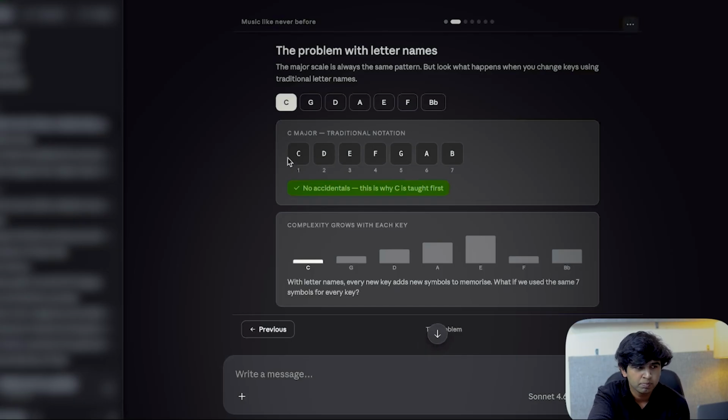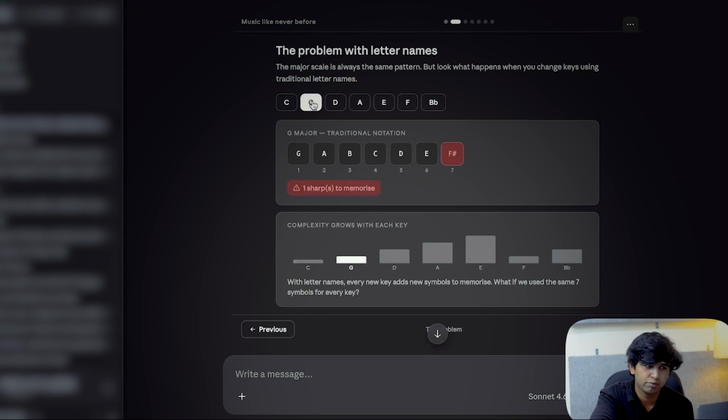So for example, if we look at this scale of C major, we have C, D, E, F, G, A, B, and let's talk about another major scale. When we talk about major scale, it has the same distance, same patterns, but just the letter names differ. Now if we come to the next scale, which is G major, the note names are G, A, B, C, D, E, F sharp. Now the problem is that F, which we learnt about in C major scale, turned into an F sharp,